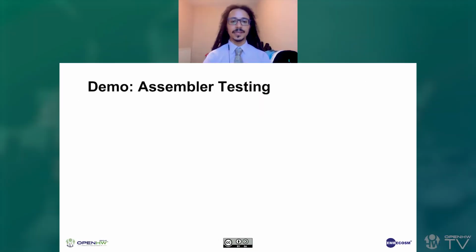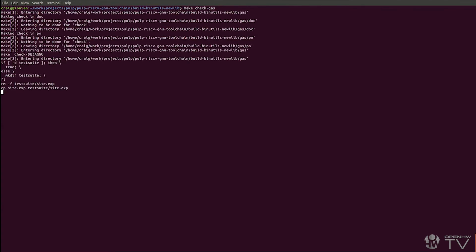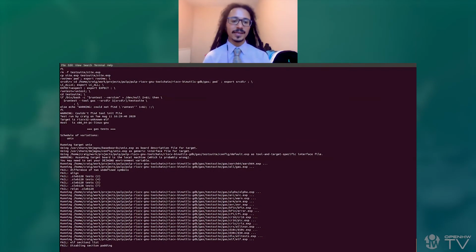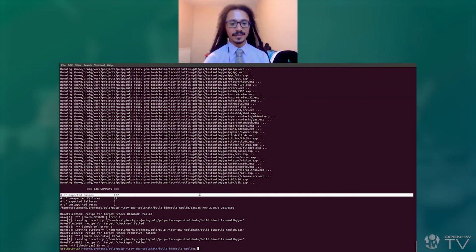I'd like to finish by showing a quick demonstration of assembler testing, and I will switch to my terminal now to show you that. So in this directory, I've got a build of the current pulp toolchain, the current pulp binutils, and I'm just going to run the assembler tests. So check gas, being the GNU assembler. The tests for the assembler run very quickly, and we can see that most of the tests have passed. And this is actually in line with